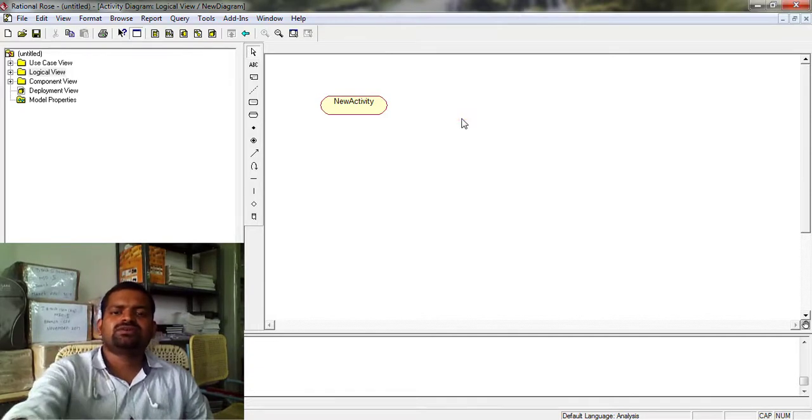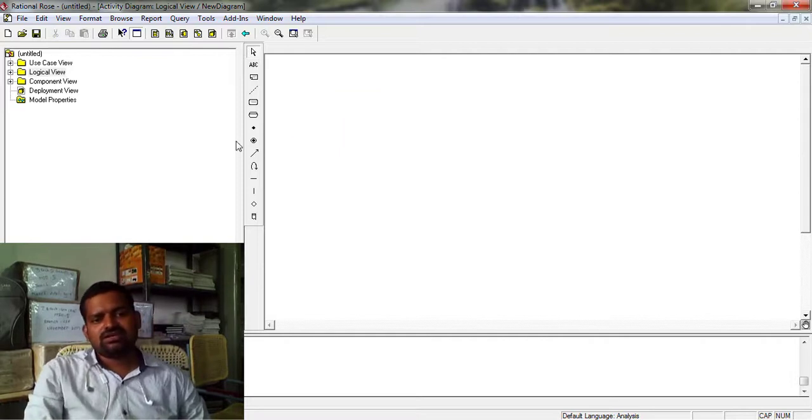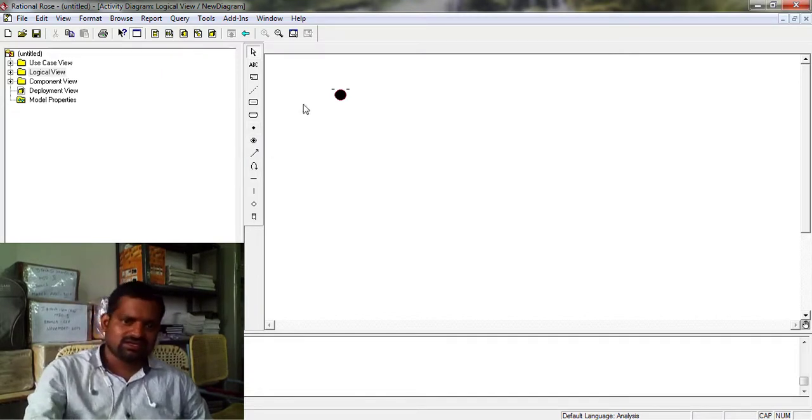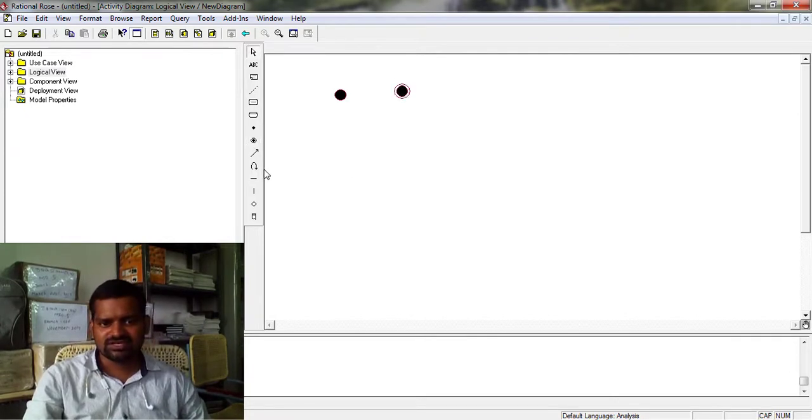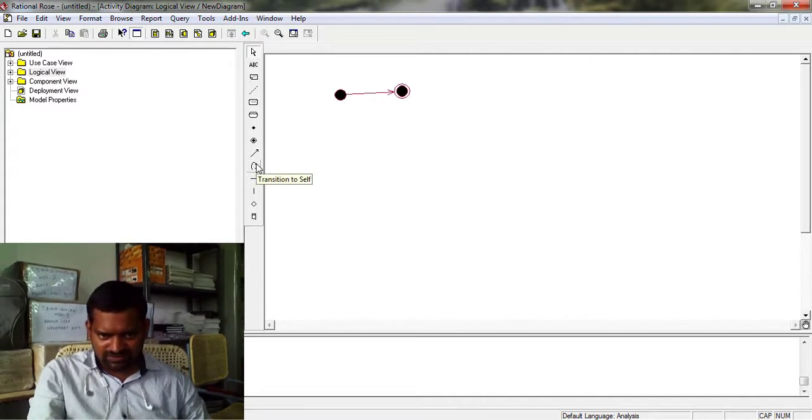Just delete this activity. This is the starting of the activity diagram, which we simply call the start state. This is the end state. This is for transition from one position to another. This is reflexive transition to self.